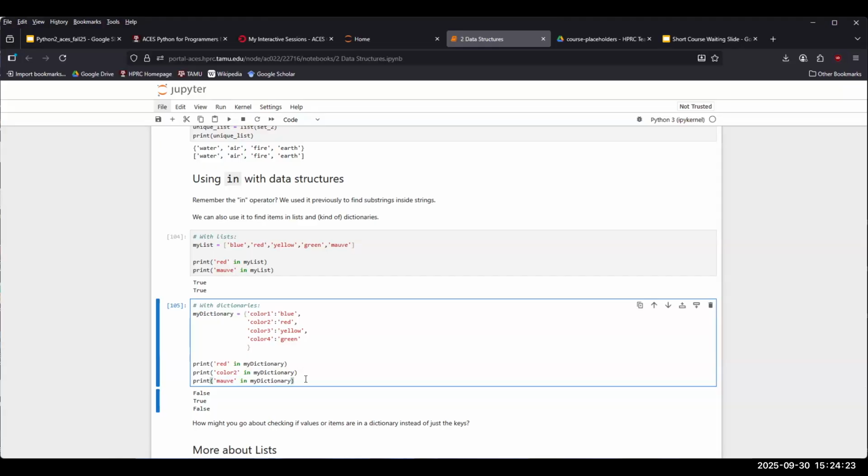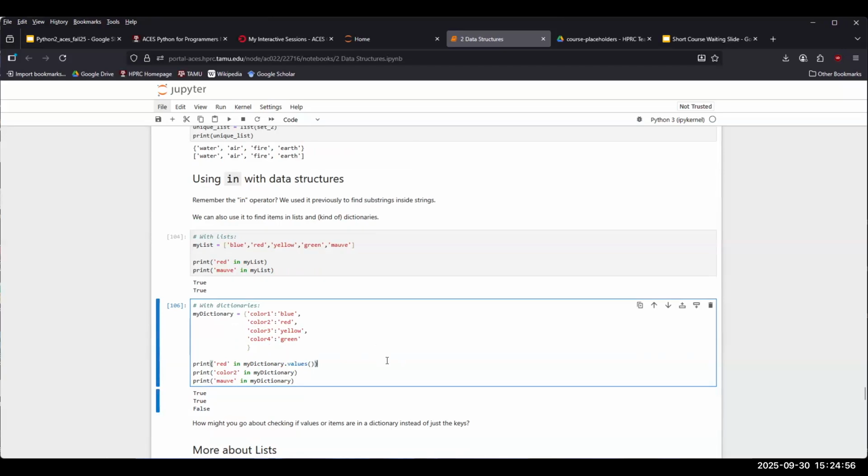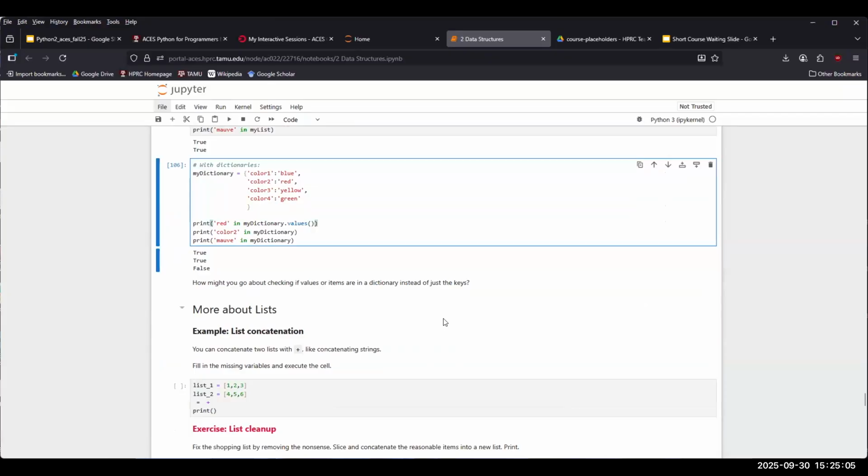I don't recall myself using in for dictionaries very much, but again, it's possible. More often, you may be interested in doing something like in my dictionary .values. In fact, let's go ahead and try that. Remember the values method that we saw a little ways up. Because see, that's true. Red is in fact in the values. Any questions on those two things, sets or in with data structures? If not, then